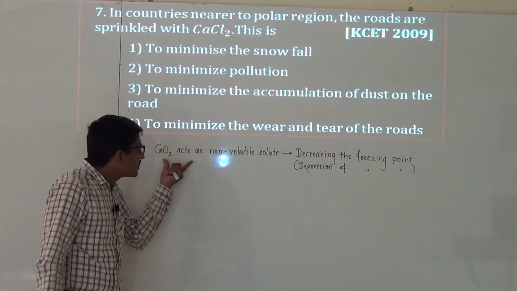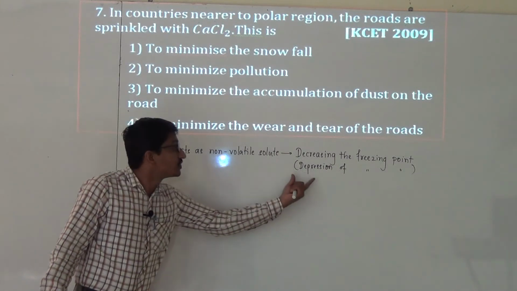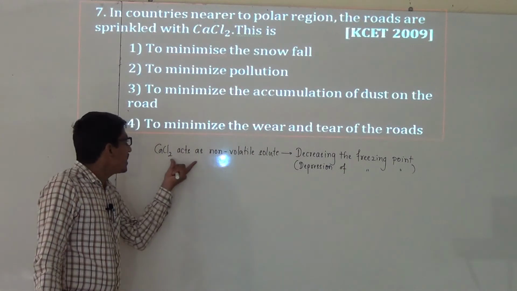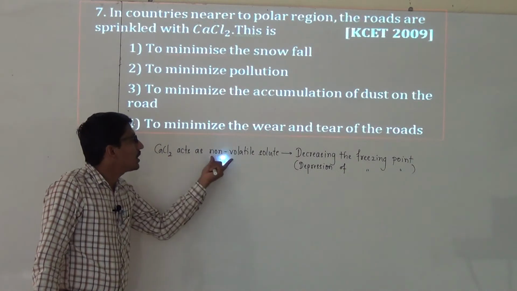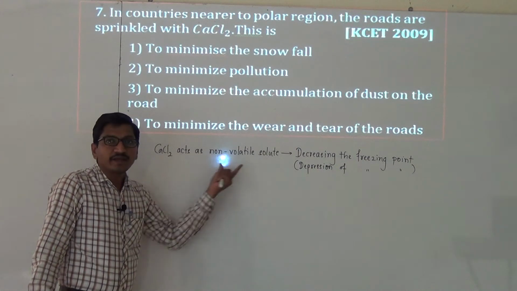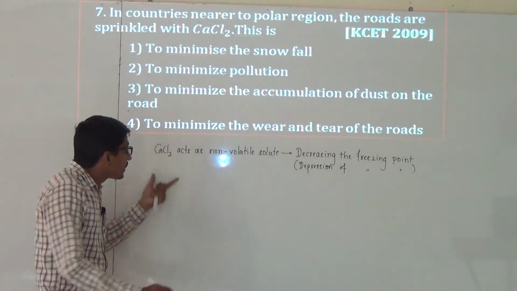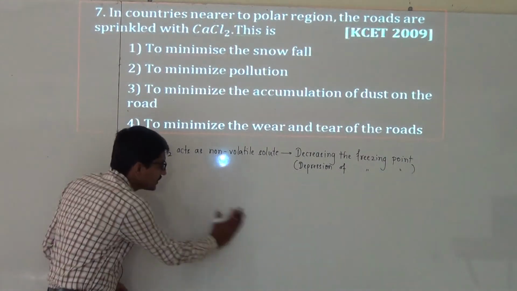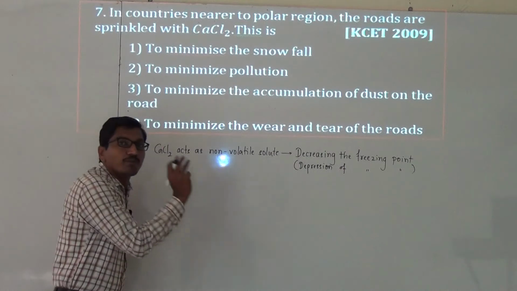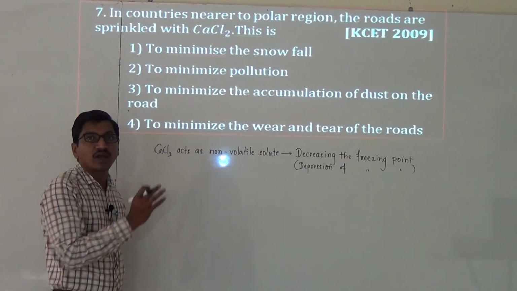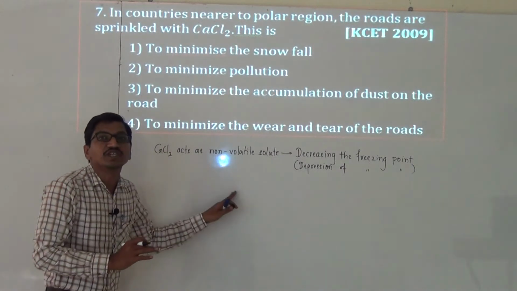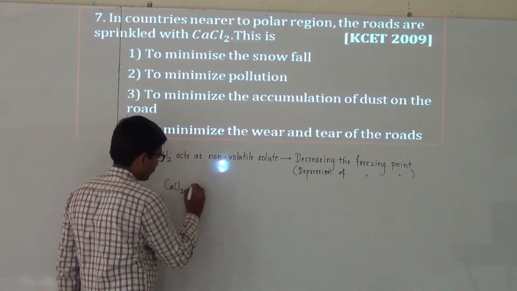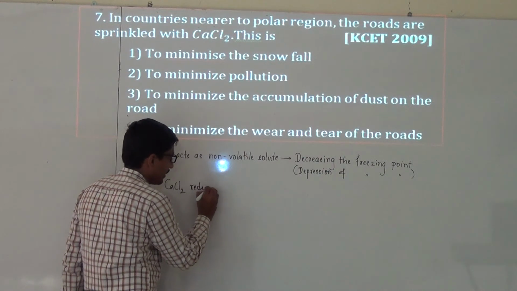And this calcium chloride acts as a non-volatile solute which decreases the freezing point, or depression of freezing point is caused by calcium chloride because it is a non-volatile solute. And due to this, calcium chloride prevents the blockage of roads, and also it decreases the freezing point, and CaCl2 reduces the